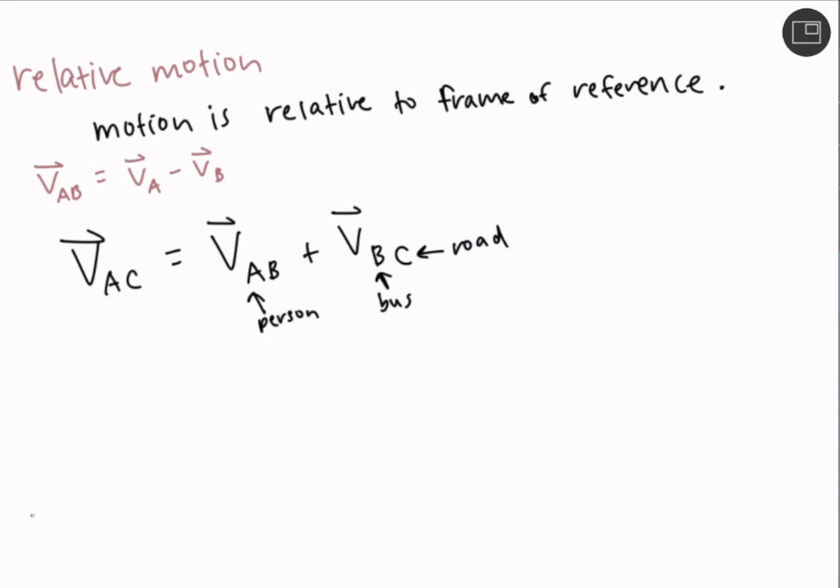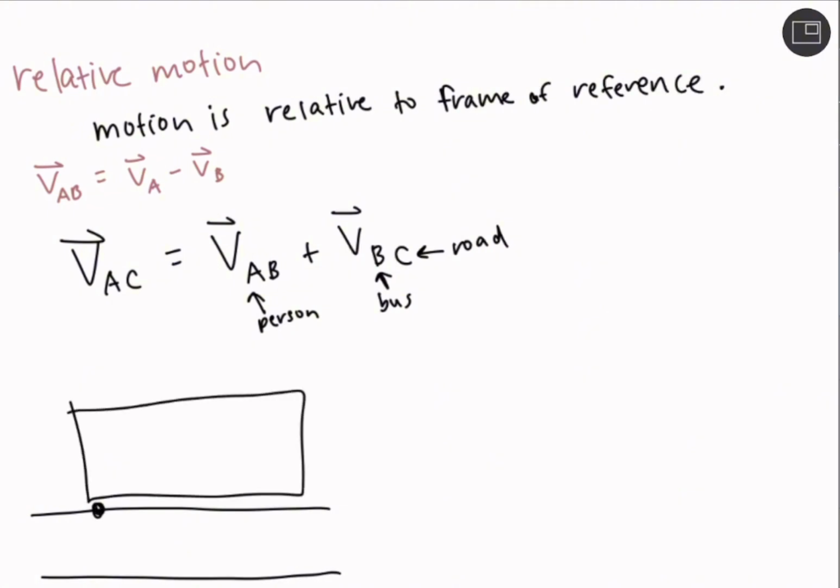And let's just go ahead and draw a diagram to visualize what's going on. So here you can see me just drawing the road, and then the bus, and of course the person walking on the bus. If the bus was moving at 3 meters per second to the right on the road, and the person was also moving 1 meter per second on the bus, and they're going in the same direction, then that would just be simple math where we would do 3 meters per second plus 1 meter per second equals